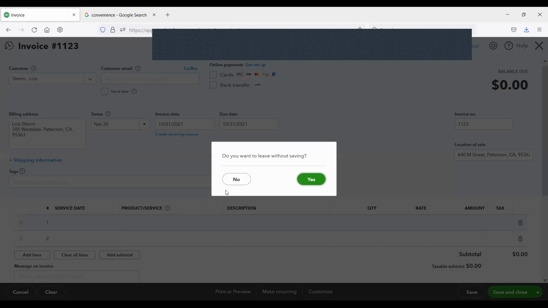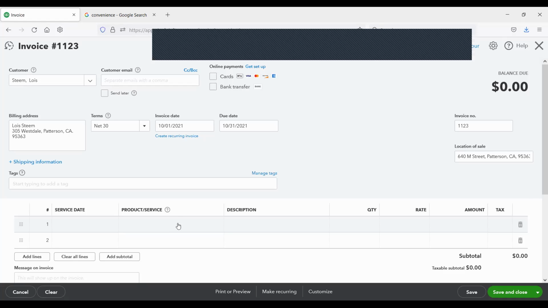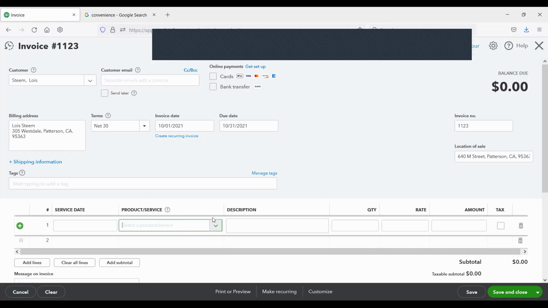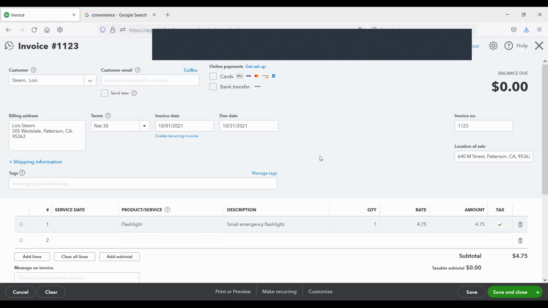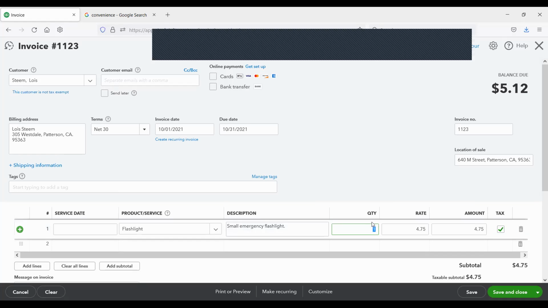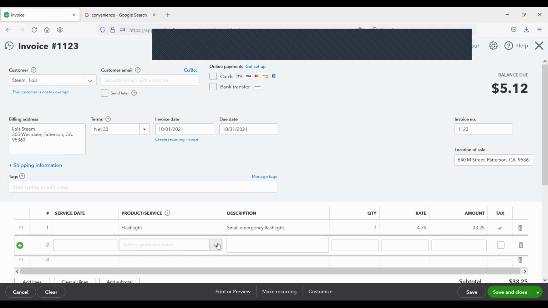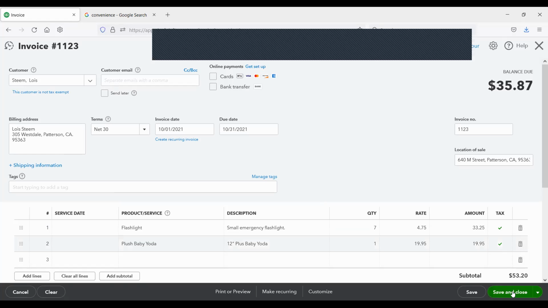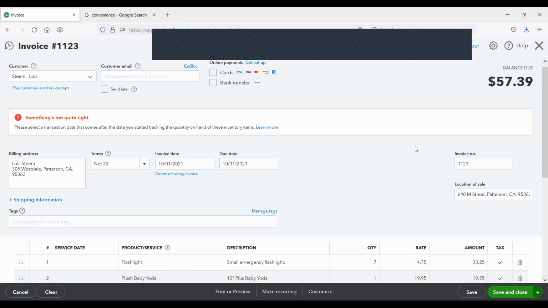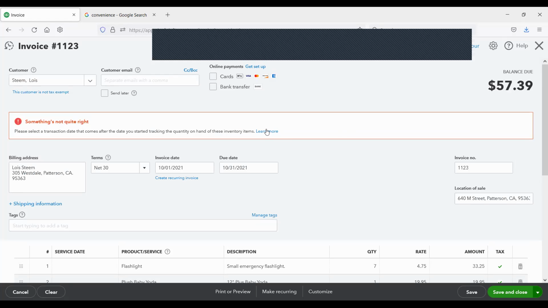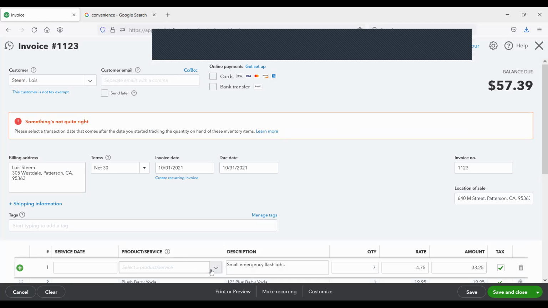So the reason we're making the change is we want to have her be late. I want to give her two things here. I'm going to change my items because